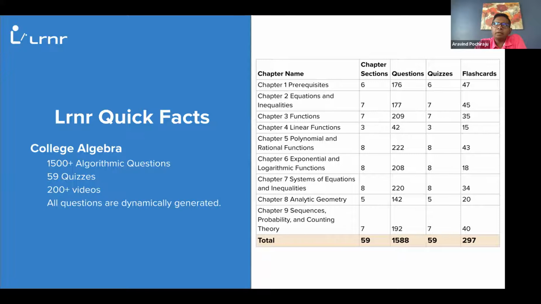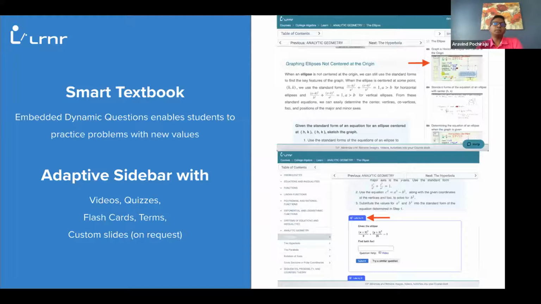And we have a lot of videos also integrated into these questions, specifically the ones that are pretty difficult, so that students can understand and hopefully grasp the concepts. I will show you some of the smart textbook capabilities that we have during a demo. We have some of our algorithmic questions also embedded in line, so students can read the text and then practice,